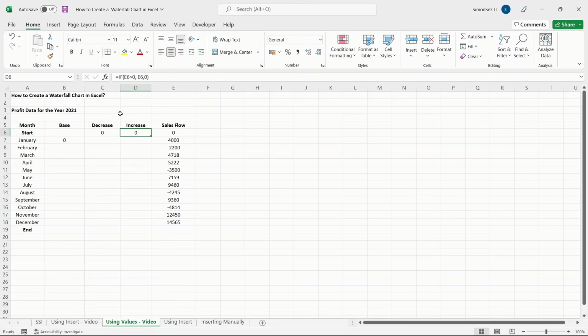First, let us set up the decrease column. From the sales flow column, enter only the negative values in the decrease column and fill the rest of the places with zeros. Another easy way to separate data is to use the IF formula and press enter. Now, you can use the drag handle to apply the formula to the remaining cells. In the same way, enter the formula in the increase column and use the fill handle to apply the formula